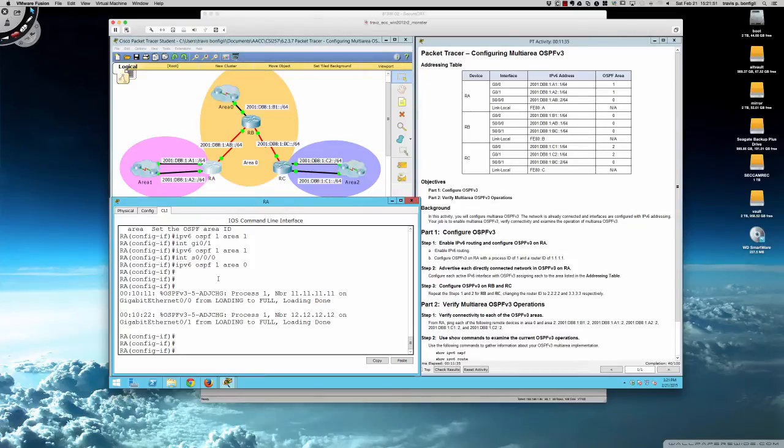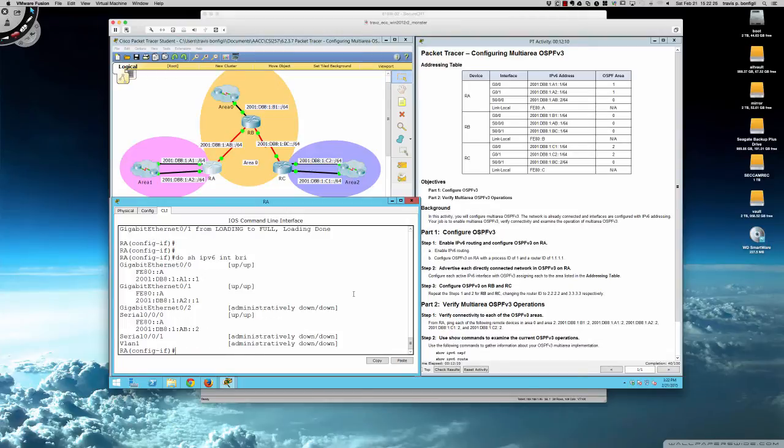So even though we're doing IPv6, your router ID with OSPFv3 will always be 32 bits in the form of an IPv4 address, and that's why, when the adjacencies come up here, we're seeing the neighbor as the IPv4 address. This doesn't mean that the IP address of the neighbor that we're creating the adjacency with is 11.11.11.11, because again, we're using IPv6. In fact, let's do a do show IPv6